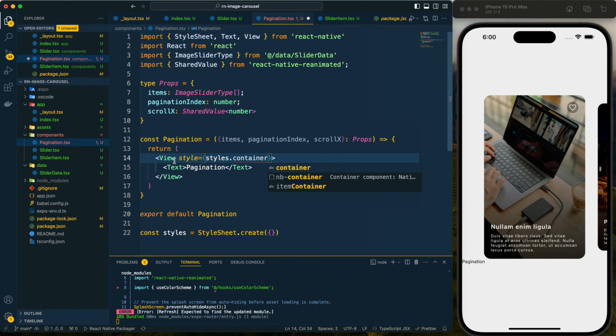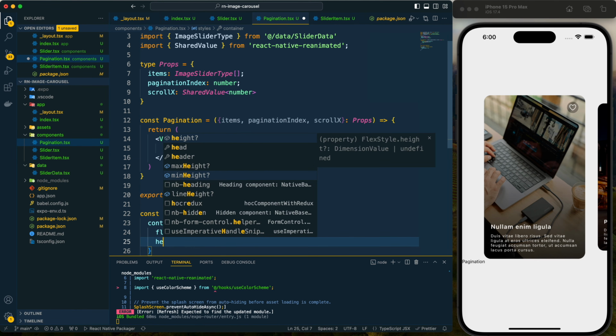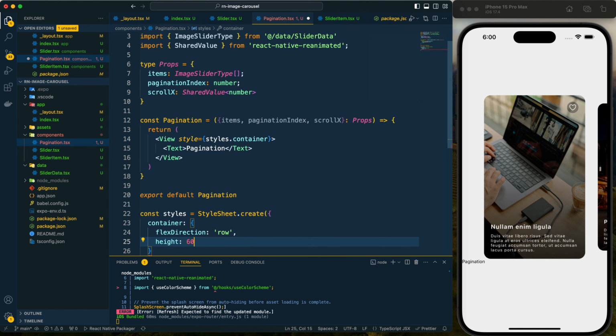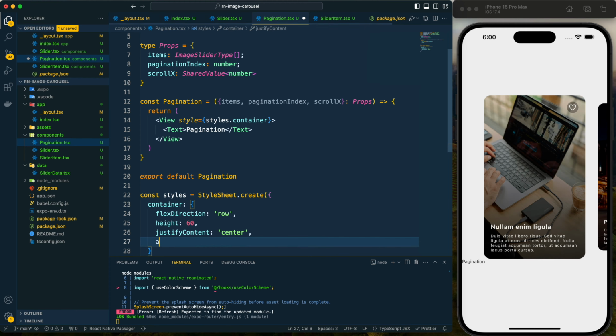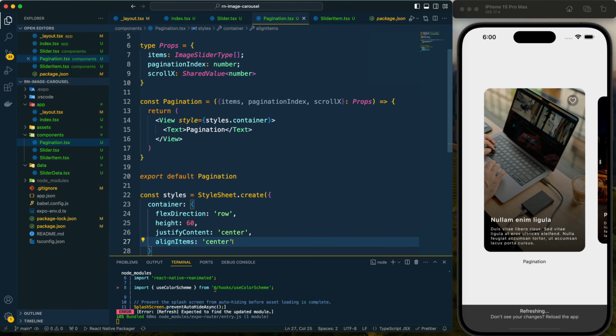So here let's provide a container style. Flex direction of it would be row. Then for the height I have provided 60, and for the justifyContent and alignItems I have provided center.